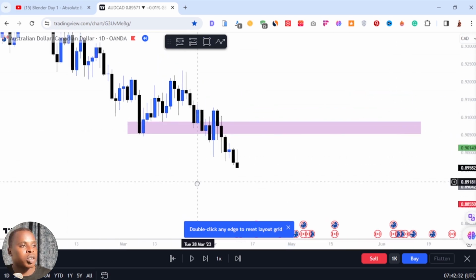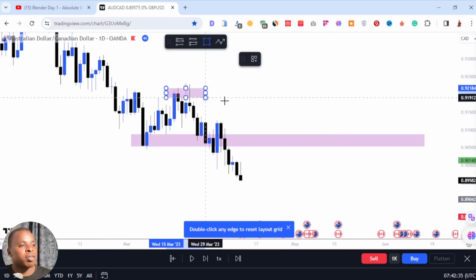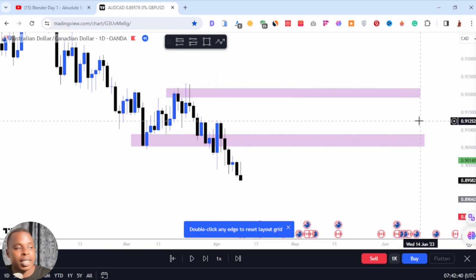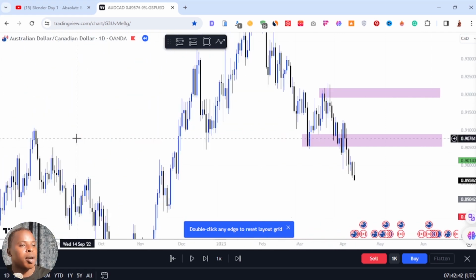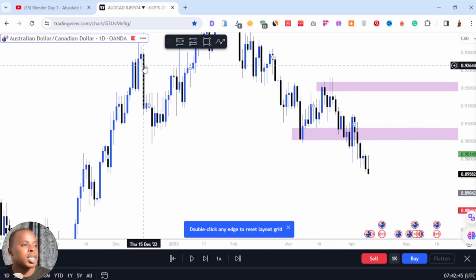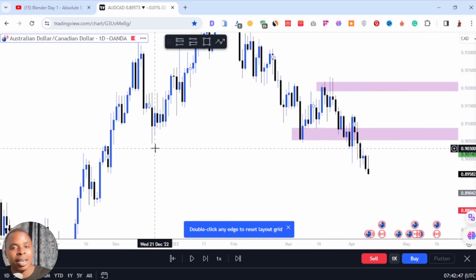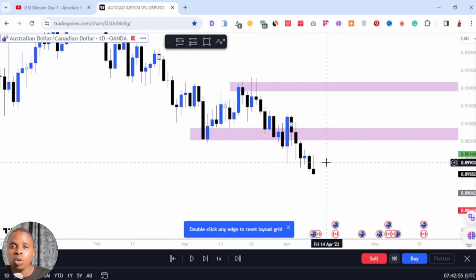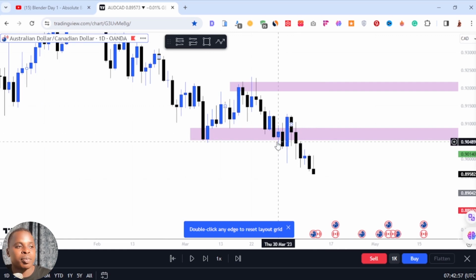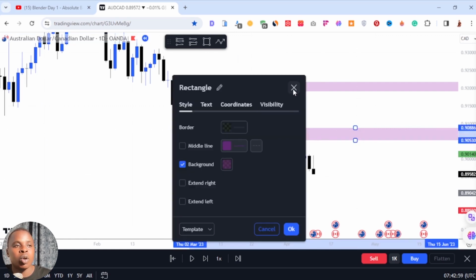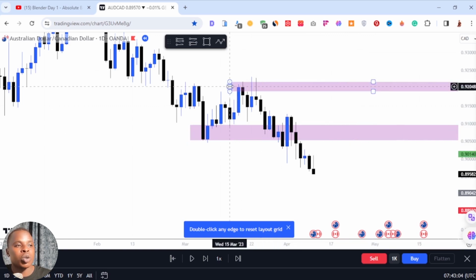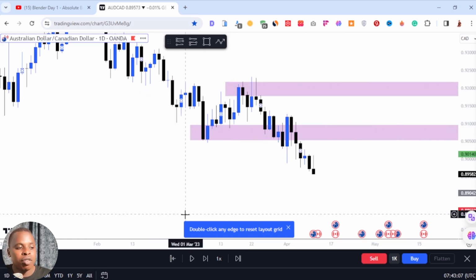So mark this previous zone and also mark this previous zone, because for the market to move to the downside, there needs to be balance. That's why you see that the market always makes impulsive moves and pullbacks. There needs to be a balance of orders. So if the market is making a big impulsive move to the downside, it needs to breathe, it needs to reverse, and that's where the reversals come, and that's where most people lose money, when they just try to follow the market. So when you mark these zones, you are going to wait for the market to